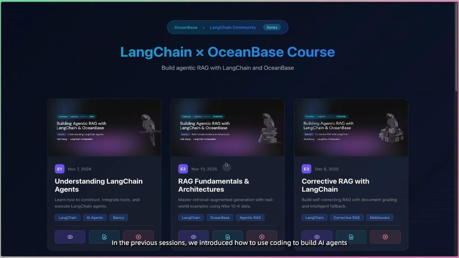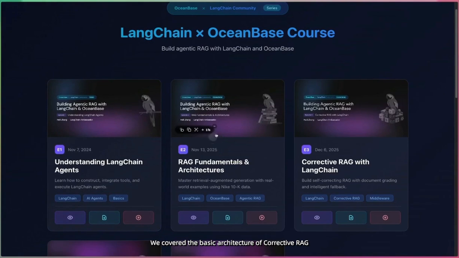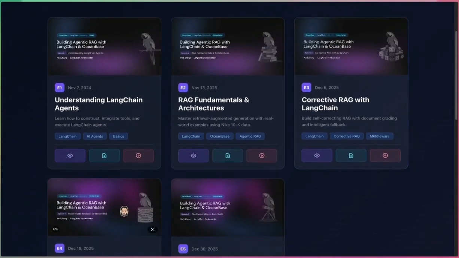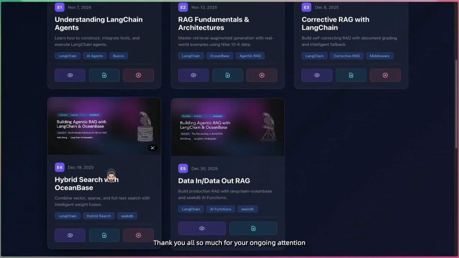In the previous sessions, we introduced how to use Codio to build AI agents. We covered the basic architecture of corrective RAG, and in the last session, we talked about hybrid search. Thank you all so much for your ongoing attention and support throughout the series, and for joining us for all